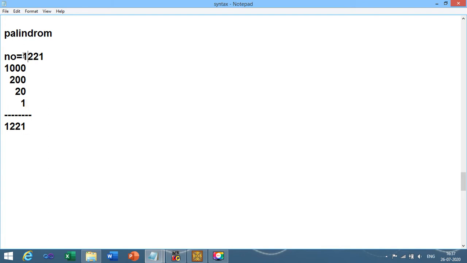So the logic, first of all, you need to separate each number, right? After separating, see, this is 2 into 10, 2 into 100, this is 1 into 1000, this is 1 into 1.